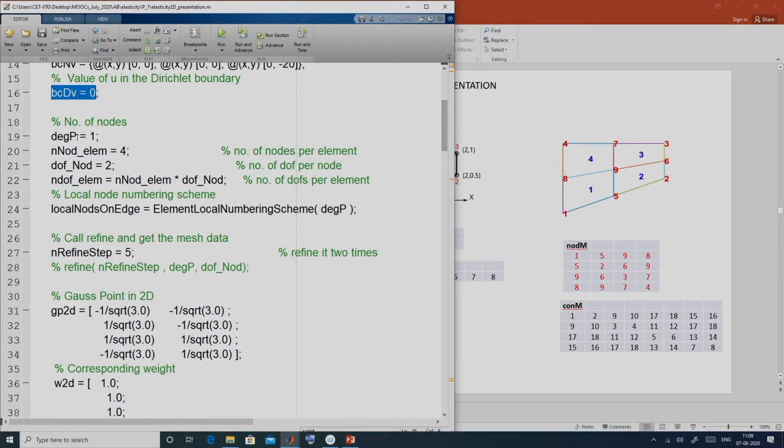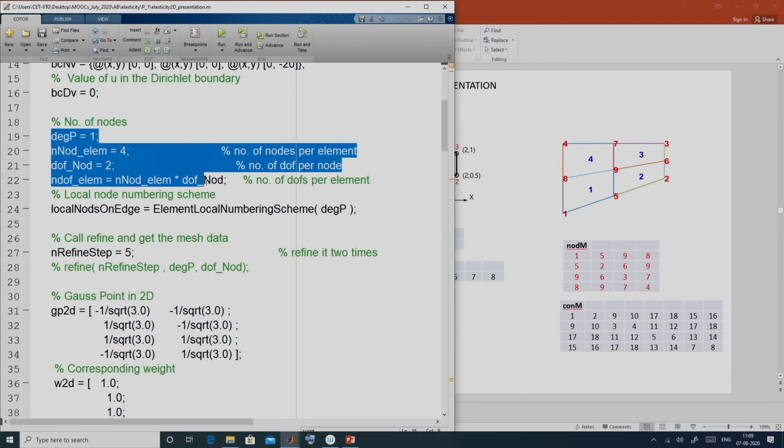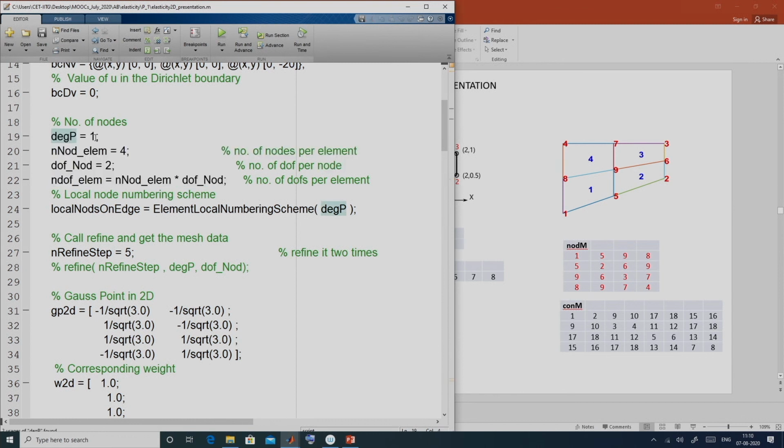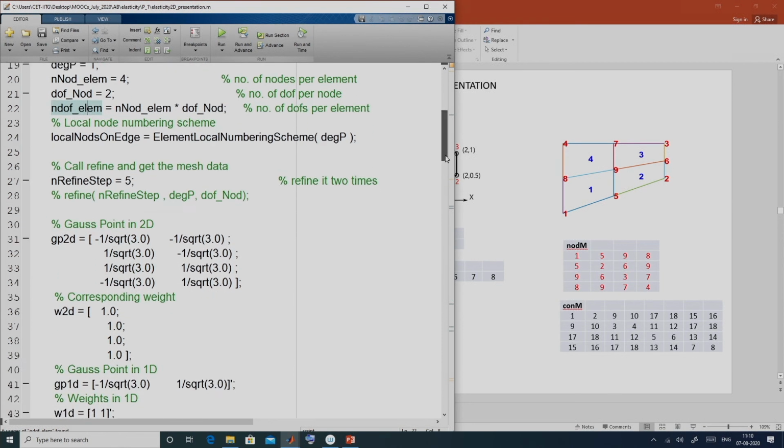Then we discussed the details of the finite element model, like the order of the shape function, that is 1 in this case, and then we have 4 nodes per element and 2 degrees of freedom per node. So, there are a total of 8 degrees of freedom per element.